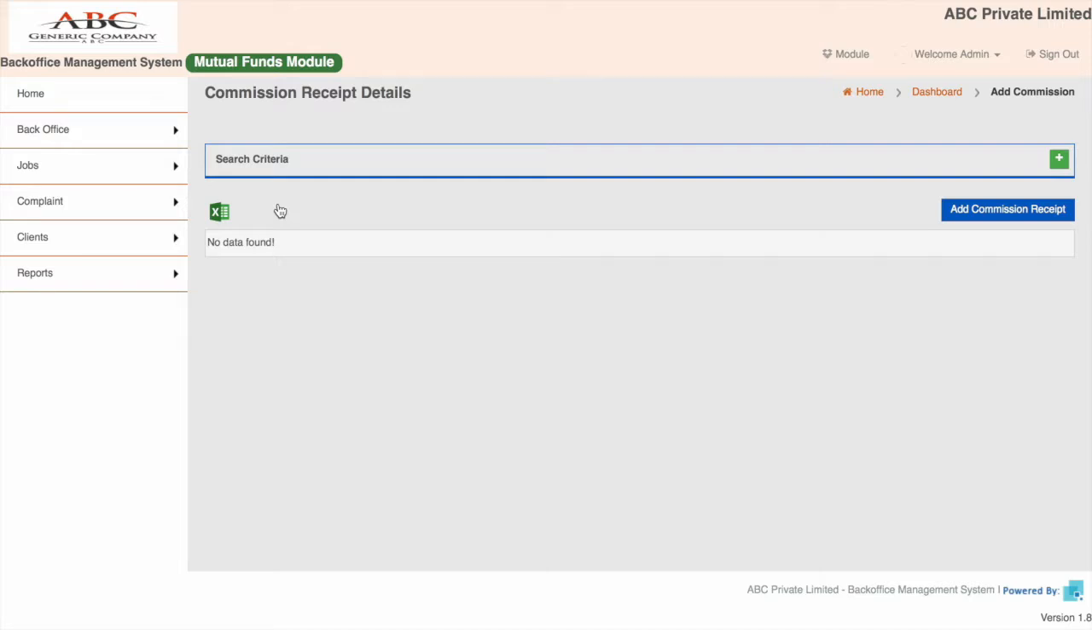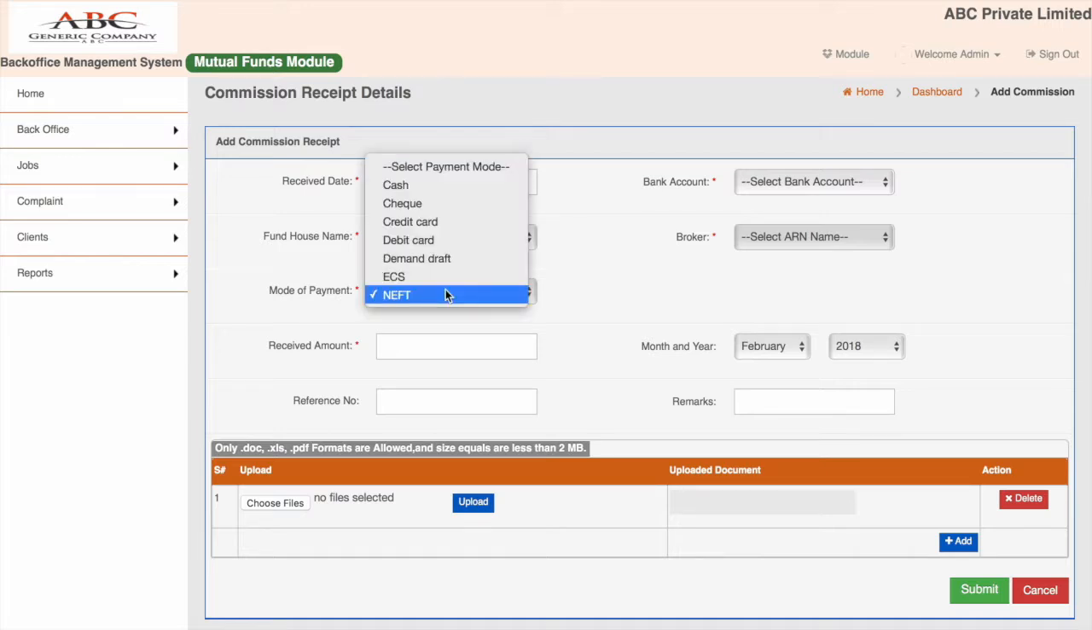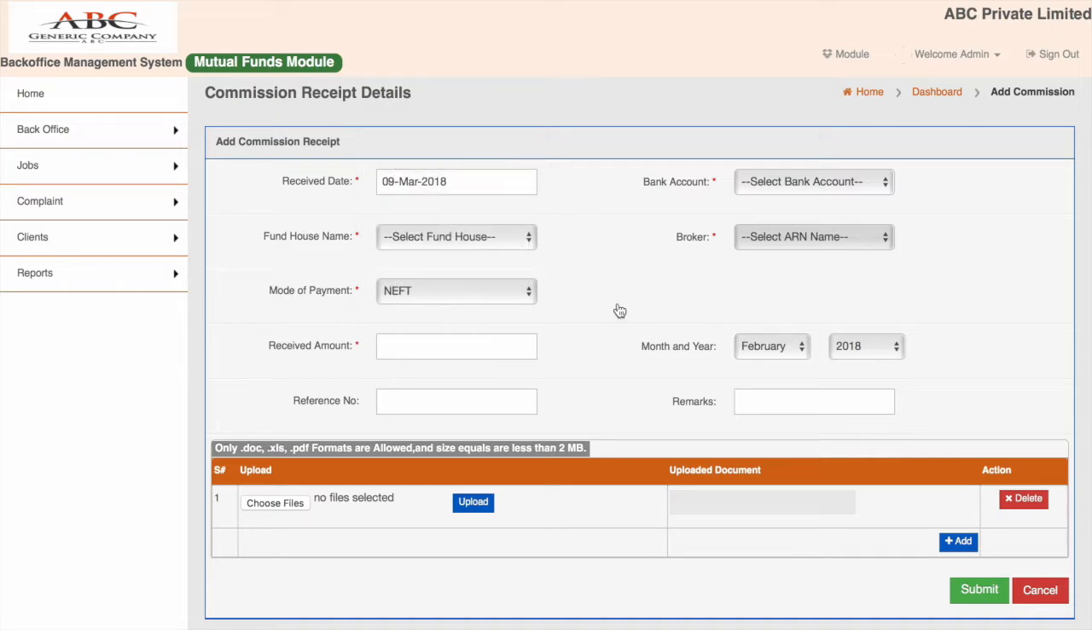Once you click on add commission receipt, these are the options available to enter: on which date you have received it, from which fund house you have received it, and what was the mode of payment. By default we have taken NEFT, because this is the usual mode we receive payment from fund houses. What was the amount received, and in which bank account the NEFT was done. Then here you need to enter the reference number, and for which month and year it was received,